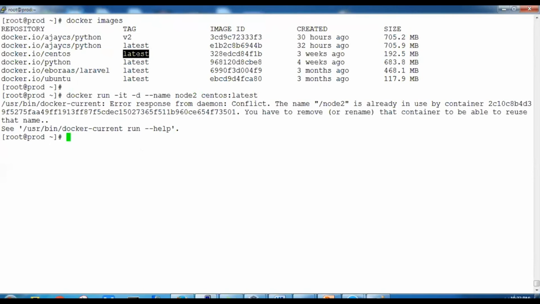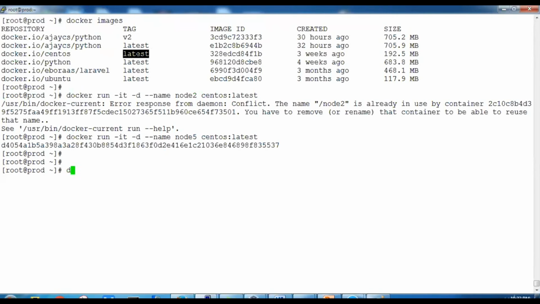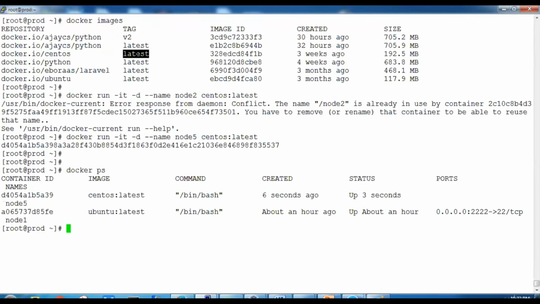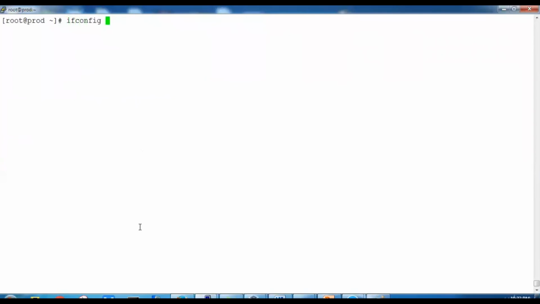All right. Now it says the name already exists, so not an issue. Let's change it to 5. It got created and is running. So we'll say docker ps. Now we'll check the output of ifconfig.